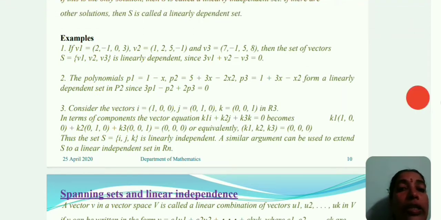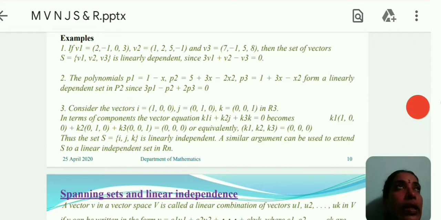See another example, 3 and 3 is also an example of a linearly independent set. And after that, here are some important points. Note this point carefully and listen carefully. The first point is a set containing the 0 vector. The 0 vector is always denoted 0 bar, and a set containing it is always a linearly dependent set. That means you have to know that 0 bar is always a linearly dependent set.